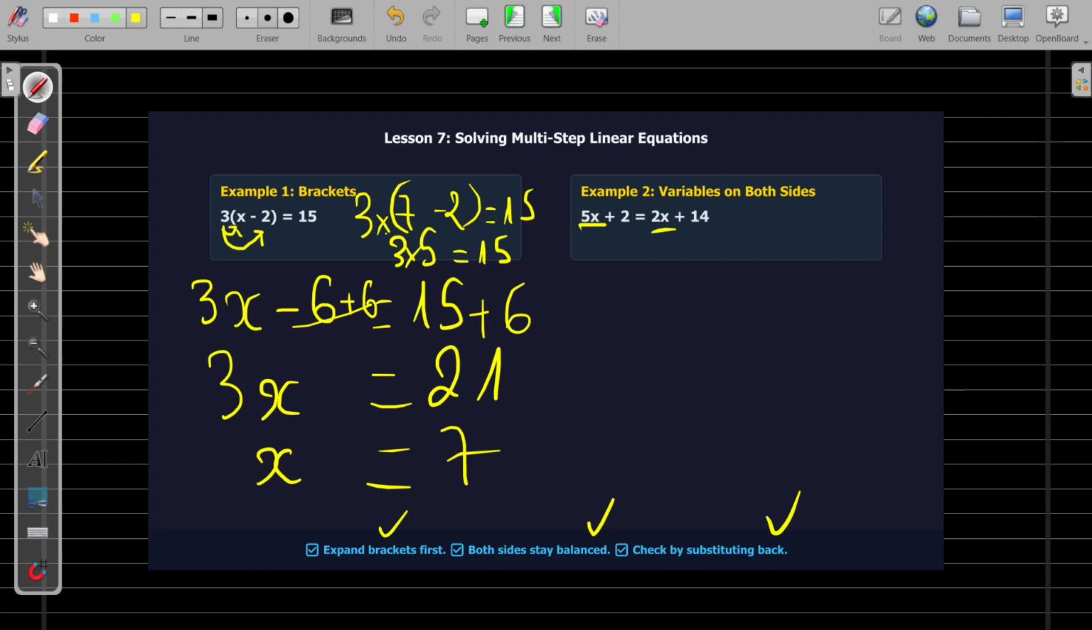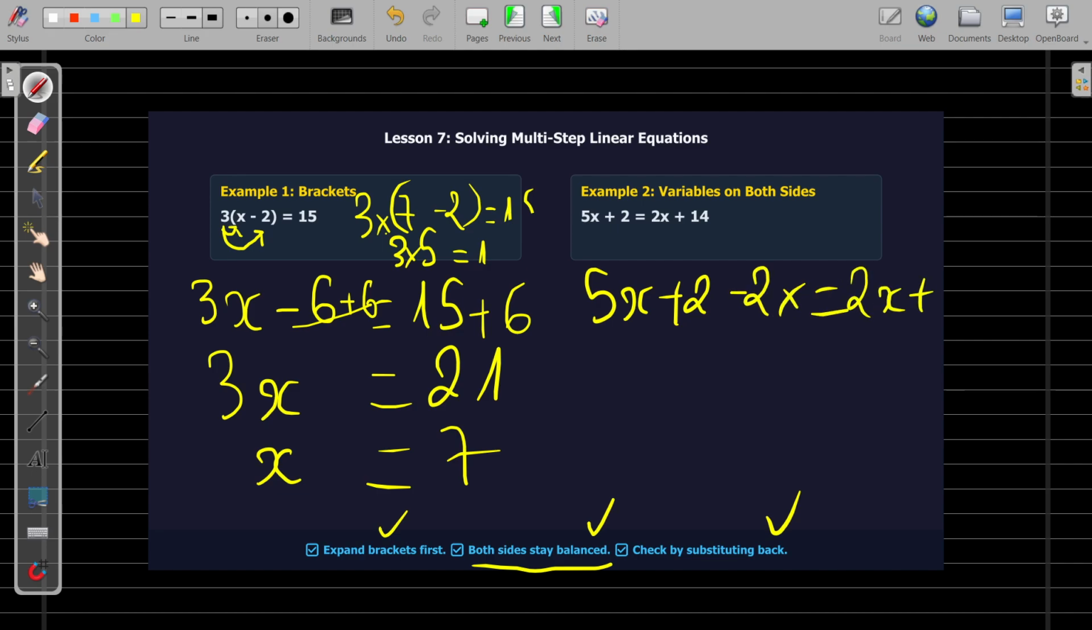So the easiest way is to find the smallest x term and get rid of it. Where is the smallest x term? You can see that 2x here is smaller than 5x. So let us get rid of the 2x from the right side. Because this 2x is a positive one, we want to do the opposite of the positive here. We will subtract 2x from both sides. Remember, both sides stay balanced. So we'll do it right now. 5x plus 2 minus 2x equals 2x plus 14 minus 2x. This will give us